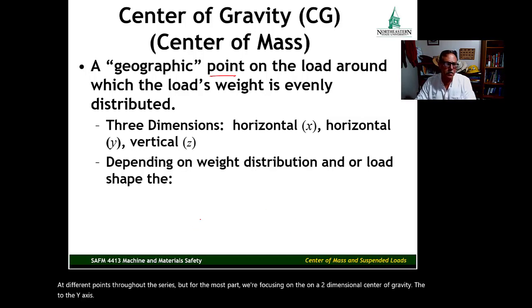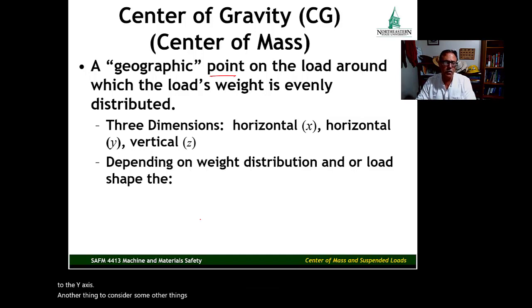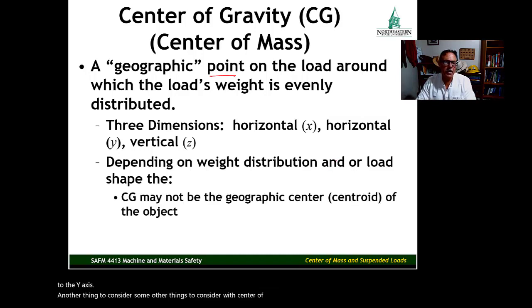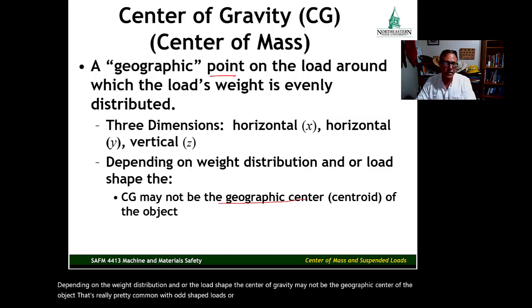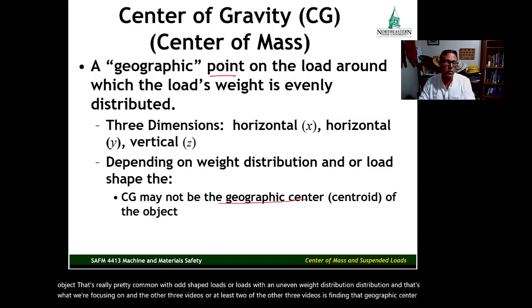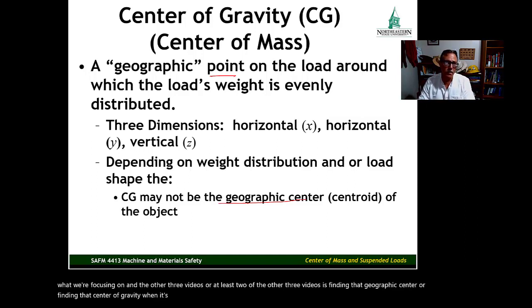Some other things to consider with center of gravity. Depending on the weight distribution and/or the load shape, the center of gravity may not be the geographic center of the object. That's really pretty common with odd-shaped loads or loads with an uneven weight distribution. And that's what we're focusing on in the other 3 videos, or at least 2 of the other 3 videos, is finding that center of gravity when it's not the centroid or the geographic center